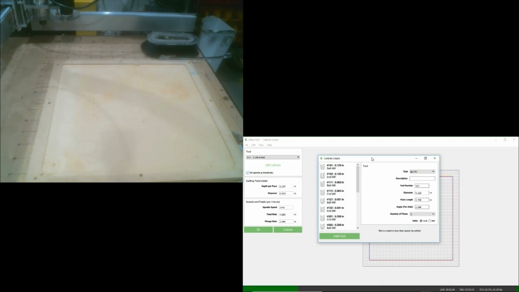This pop-up window will come up. Come down to Add a Tool. And what Carbide Create does is it always defaults, I don't know why, to an 1/8 inch end mill and then adds a number to it, a consecutive number. What we need to do is right click on that tool that they add, click Edit Tool, and sometimes the